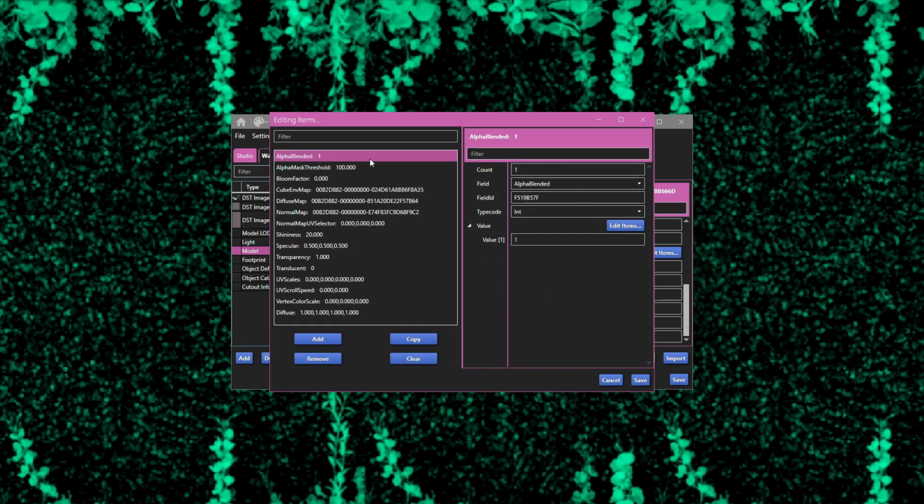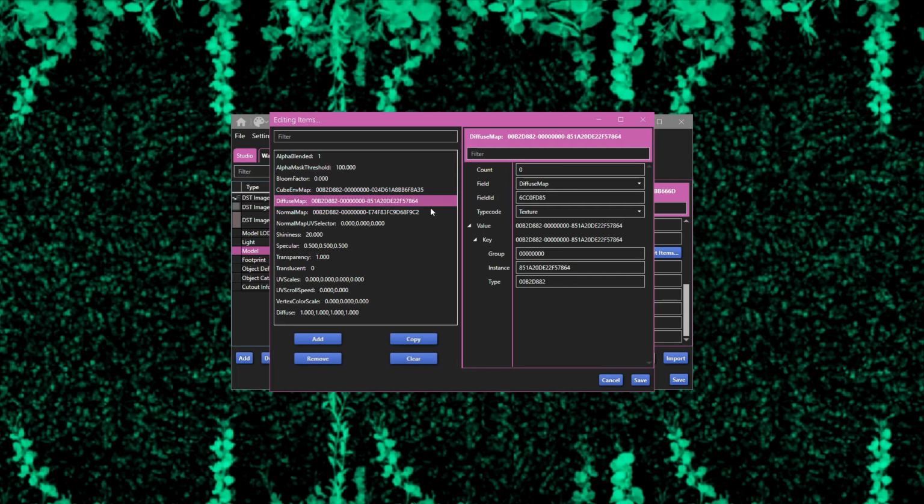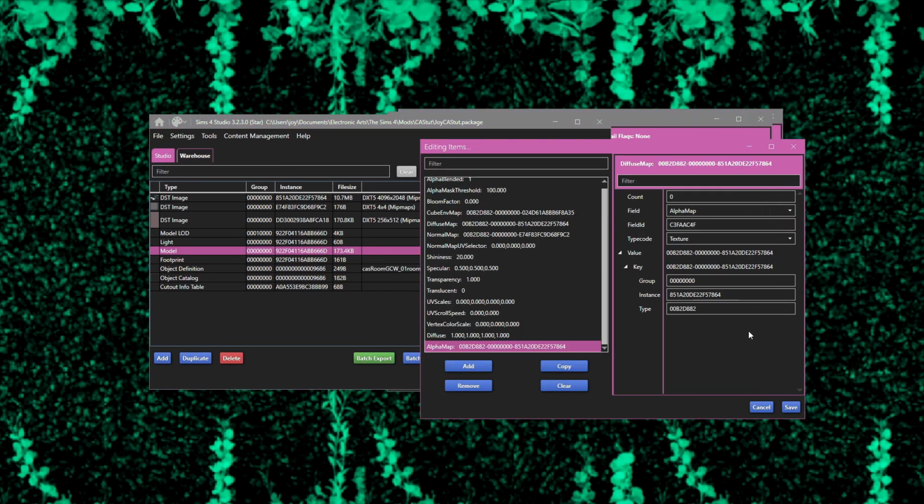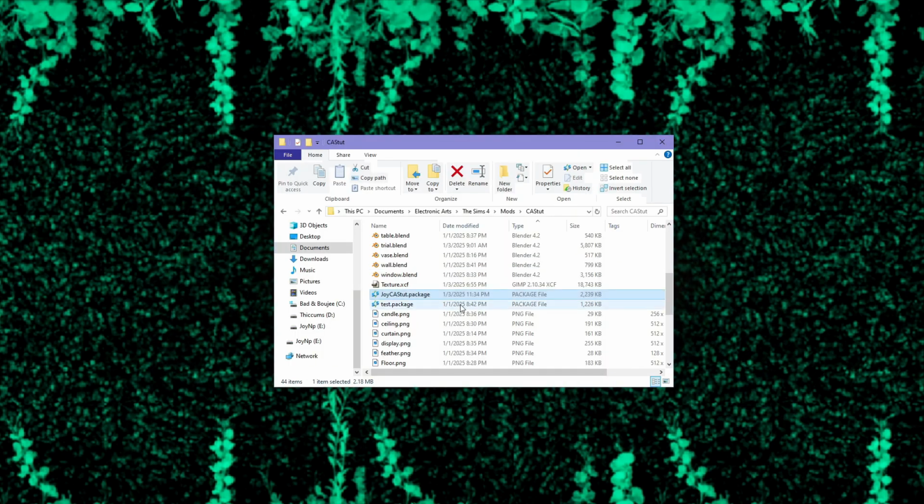We're currently missing an alpha map, so select the diffuse map and press the copy button. Then change the field of the new map from diffuse to alpha map. The alpha map should be linked to the room's texture. This is why I copied the diffuse map, because the instance ID of the diffuse map is already linked to the room texture. So we're just going to save all our changes, close the package file, and when we reopen